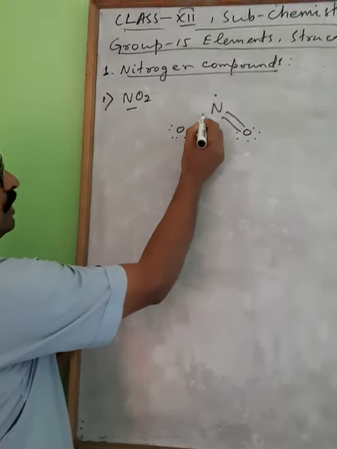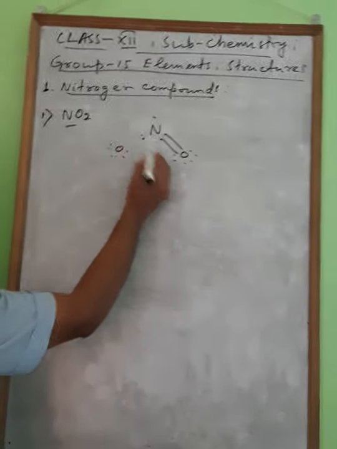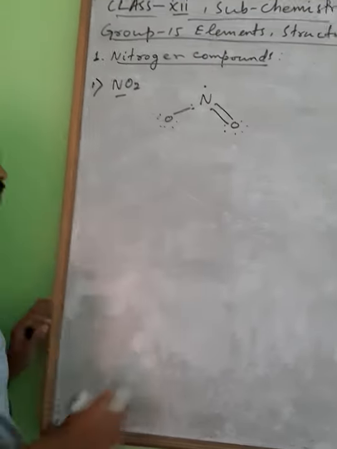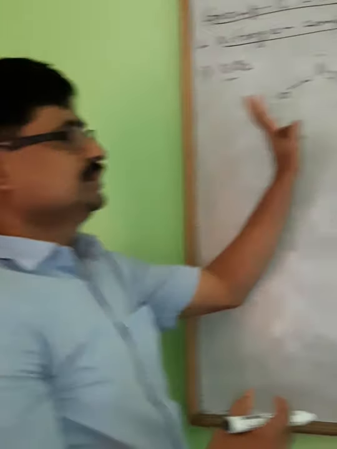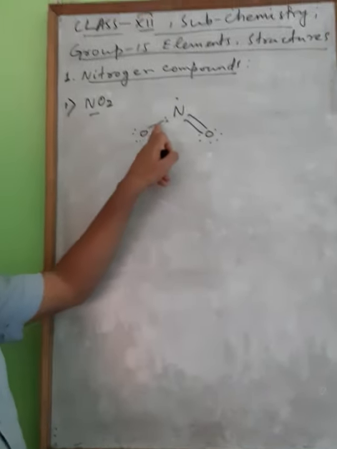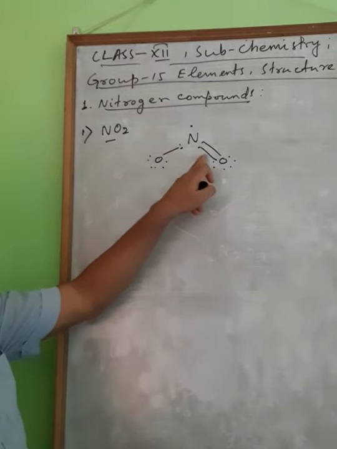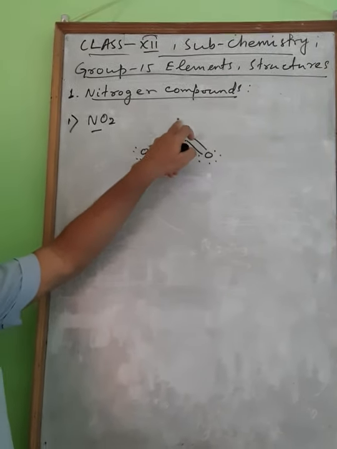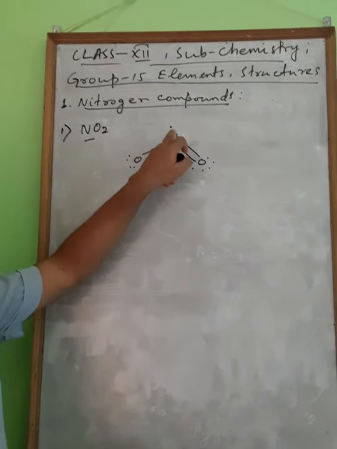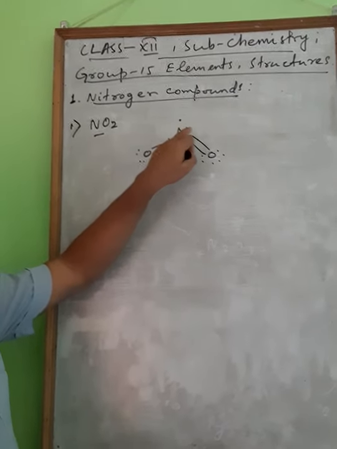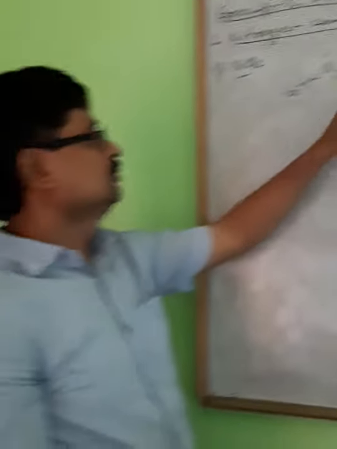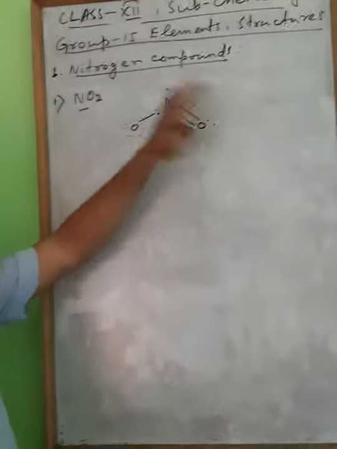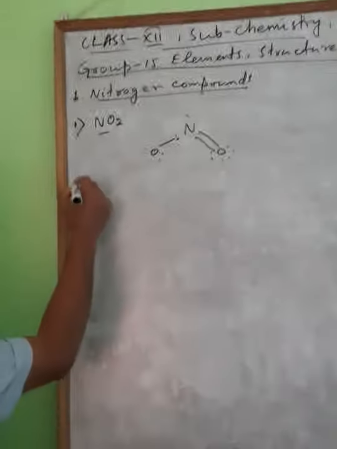And if this is one lone pair, we can think it will be donated to here. So single bond. Sometimes you can put a double bond here also, it doesn't matter. Okay, so coordinate bond, here sigma bond, pi bond. One extra electron is there. So this is an odd electron species, nitrogen dioxide. Okay, resonance will come, the double bond you can put here, the single bond will go there. Now number 2,